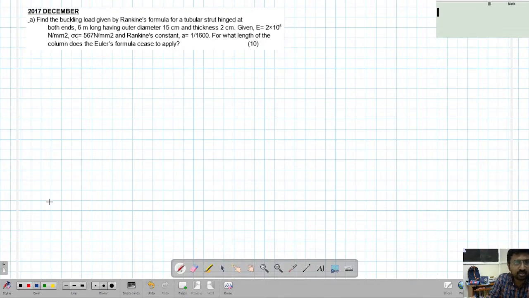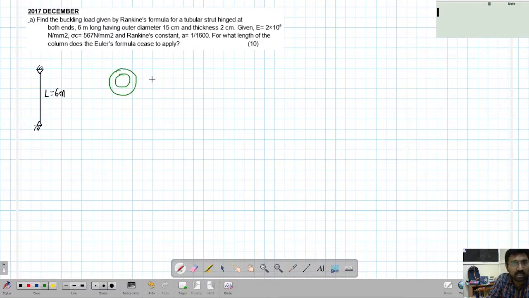Right. So in the question, there is a column. The length of the column is given as 6 meter, and it is hinged at both ends. So this is a hinge. Make sure that you draw the diagram. This is hinged. And it is a tubular column, meaning the cross section